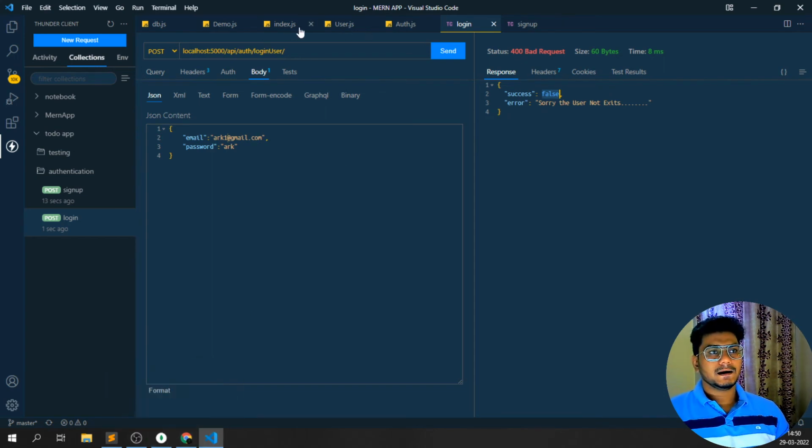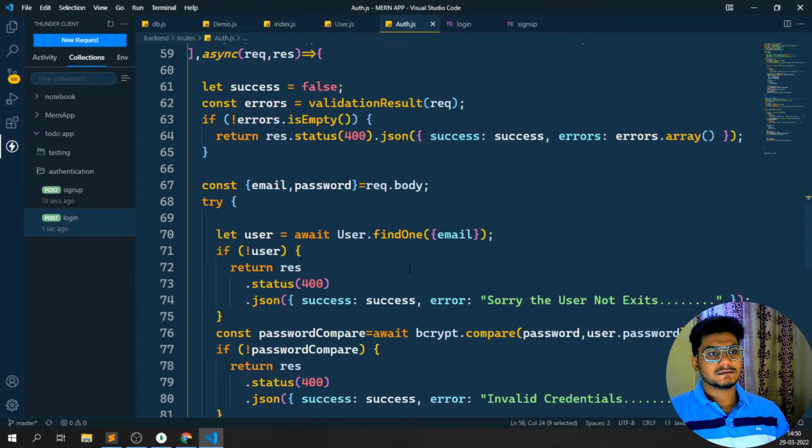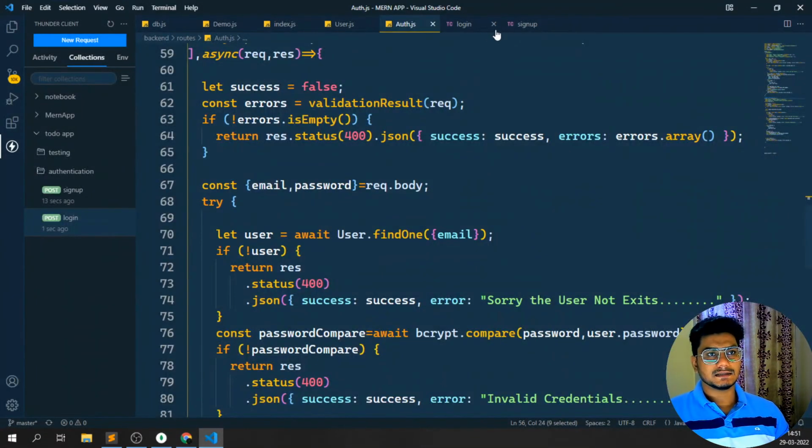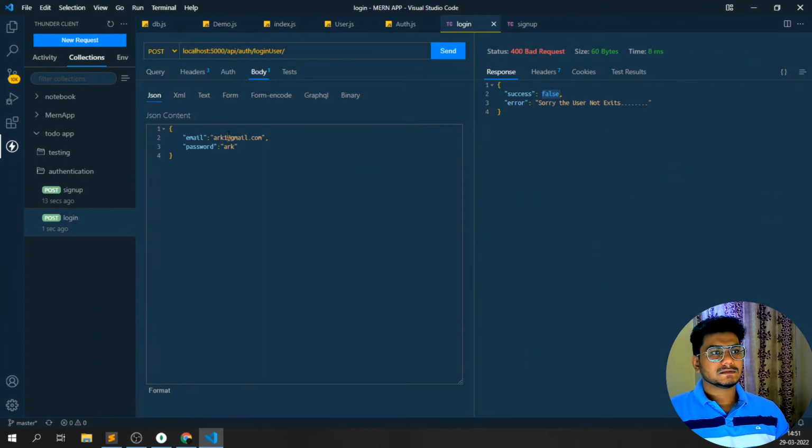That is in my auth.js. You can see it is giving me this response: Sorry, the user does not exist. That means the user has not been found. Why? Because ARK1@gmail.com is not present in the database over here. So now if I just pass ARK,